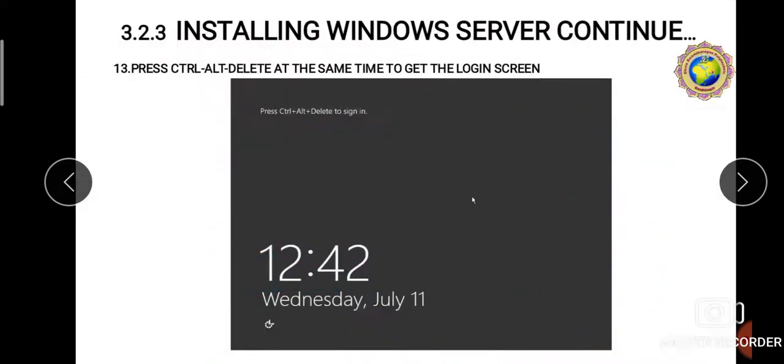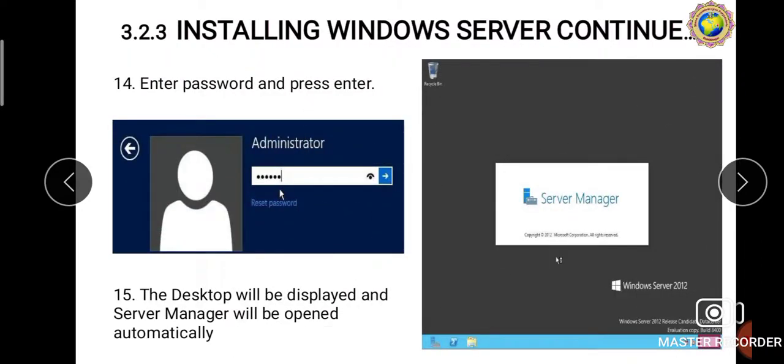Okay, then next press Ctrl Alt Delete at the same time to get the login screen. So you have to press Ctrl Alt Delete at the same time for sign in, and next enter the password and press Enter. So here give the password in the text box. The desktop will be displayed and Server Manager will be opened automatically.